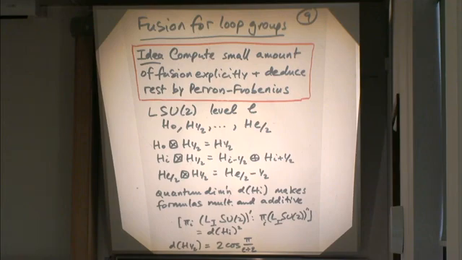So that idea about computing the fusion is, well, you just compute the first two things. So fuse H, this generating representation, with itself, and then again. Well, you'll find that you have the trivial representation in there. So you take the projection onto the trivial representation, which in this case is the Jones projection. Or you could call it Temperley-Lieb algebra if you wanted, but it's a Jones projection.